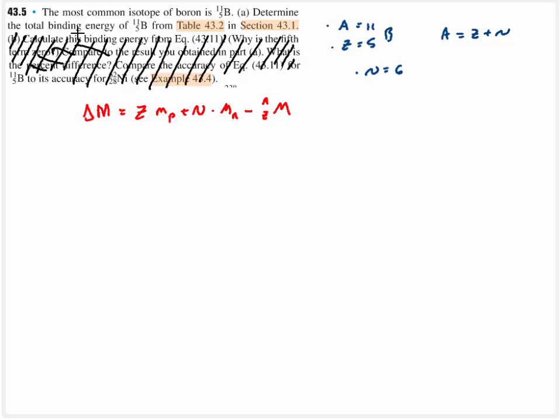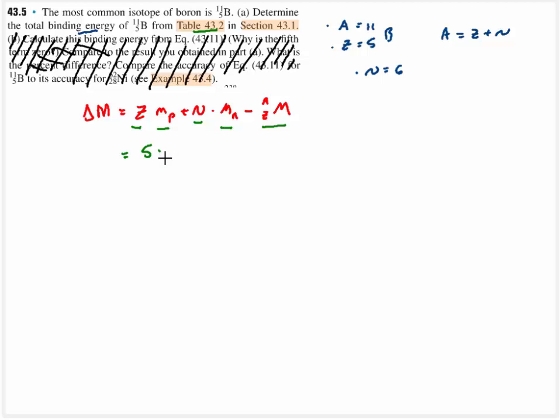We're looking for the binding energy. The binding energy is related to the mass deficit by E is equal to delta m c squared. And so what we first have to do is calculate the mass deficit. Again, it's going to be the number of protons multiplied by the mass of a proton, plus the number of neutrons multiplied by the mass of a neutron, minus the atomic mass, which we're going to look up in this table right here. So we know that there's going to be equal to 5,